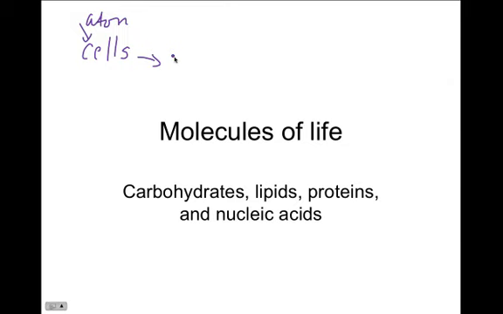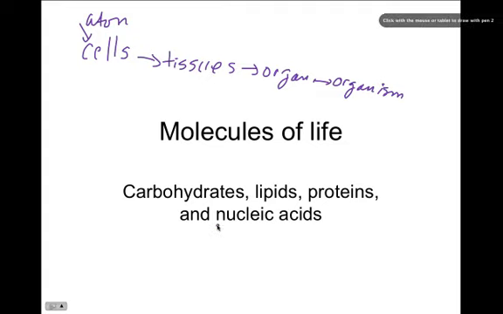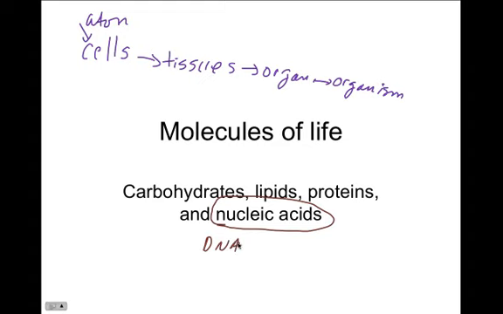Cells that work together can ultimately form tissues. Tissues can ultimately form organs. An organ might be something such as a heart. Then ultimately we get an organism, and the organism can be anything from a tree to a fungus to a cockroach to a human being. But it's the arrangement of these types of molecules that will determine the type of organism. And ultimately we're going to see it's literally the nucleic acids, predominantly how the DNA is sequenced, which is going to determine the protein, which will determine the actual organism itself.